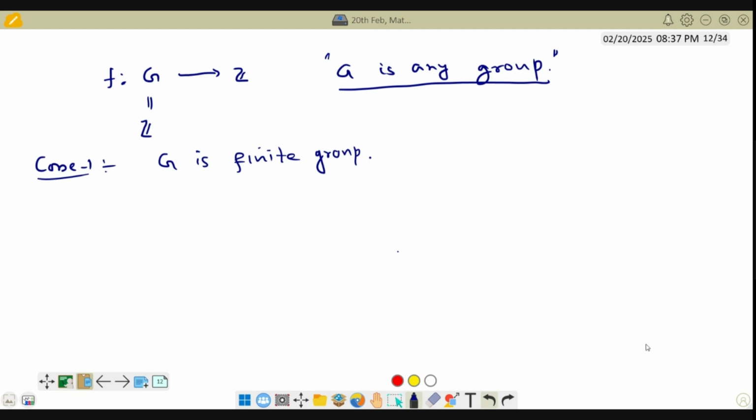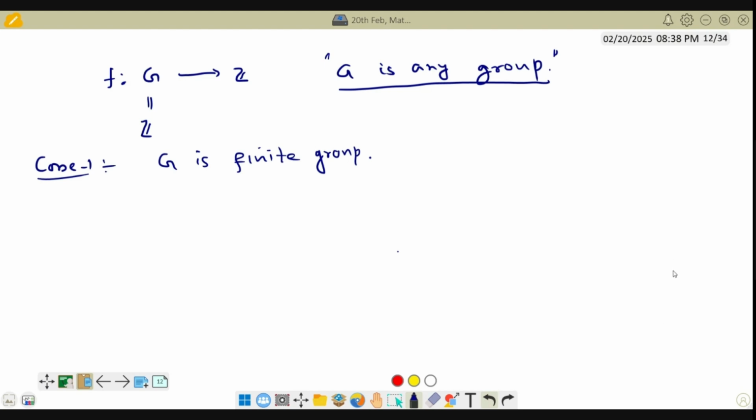Can you say anything? G is a finite group. So we know G by the kernel of f should be isomorphic to the image,